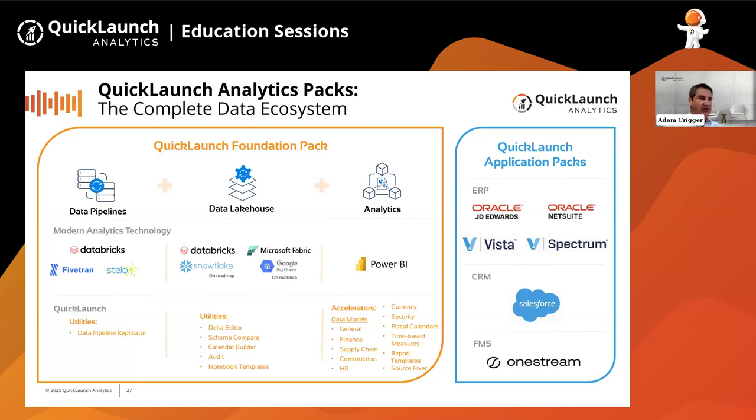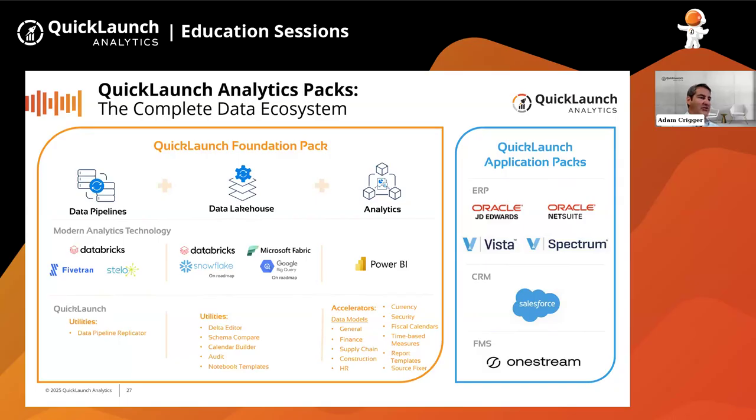So if you have maybe a separate CRM, maybe you've got Vista or JD Edwards as your ERP, but you've got Workday for HR payroll or something like that. How do you get that consistency? So with this year, what we've done is taken the methodology that's always been built into our application packs for those applications like the ERPs, and we've made those available in more of a not generic form, but more in an agnostic form that you could basically feed in with other like type data.